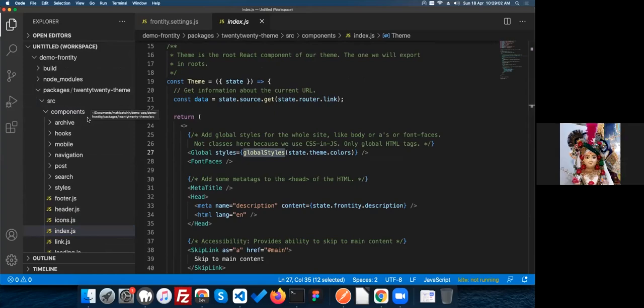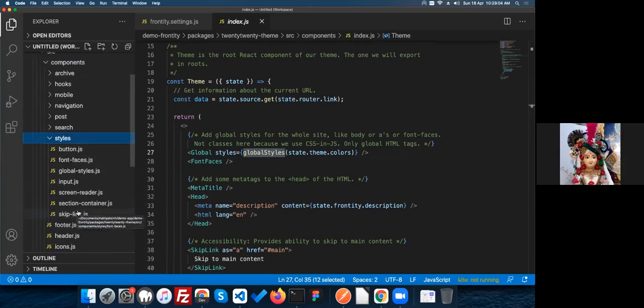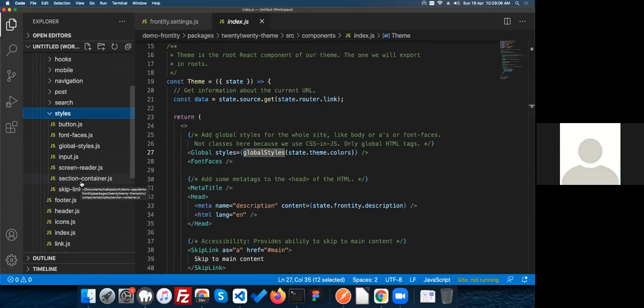Okay, means both are different things? Yes, both are different. But if you are using the Gutenberg editor in your WordPress, that will be better because it's already a React-based editor, and many of the things that are supported in Gutenberg will also be supported in Frontity. So I just need to pass data on the Frontity side, and Frontity will render as I want?